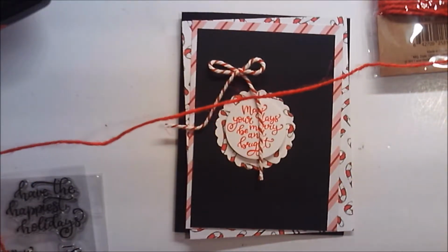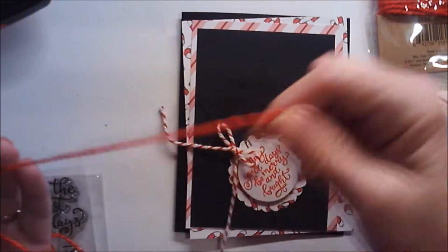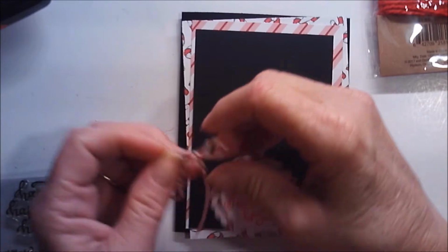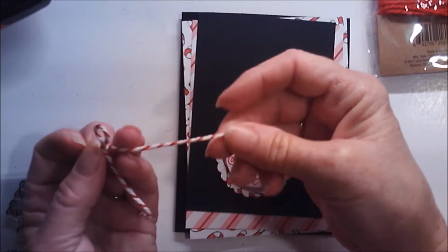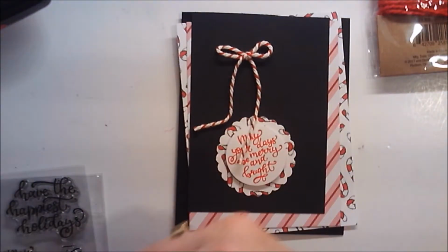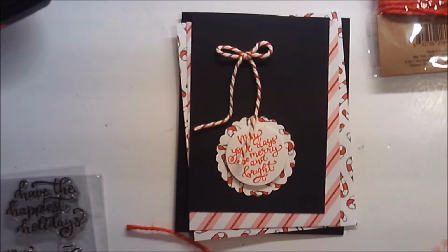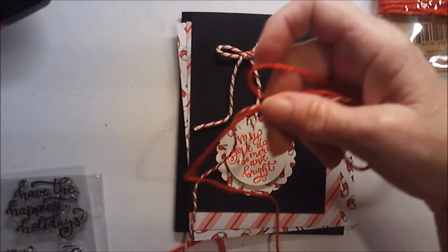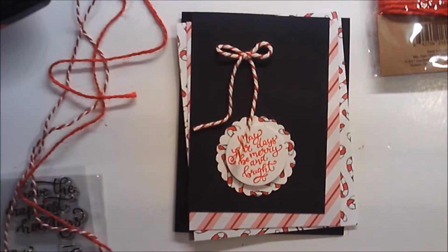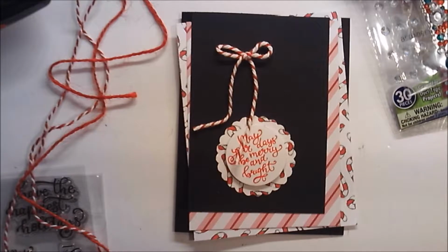Now, be mindful if you're going to use this. The red is a normal twine thickness, but the red and white is much, much thicker, and it creates more depth. But then I also had some red and white baker's twine that's thinner that I'm going to put with the red, I think. Then I pulled out some bling that I had, and I pulled out some wood buttons,